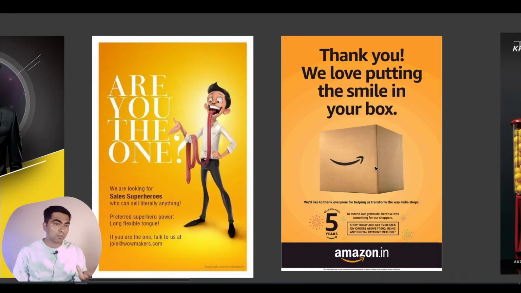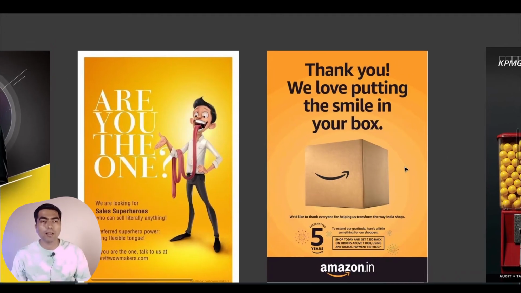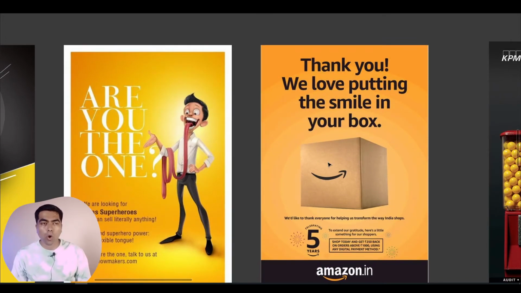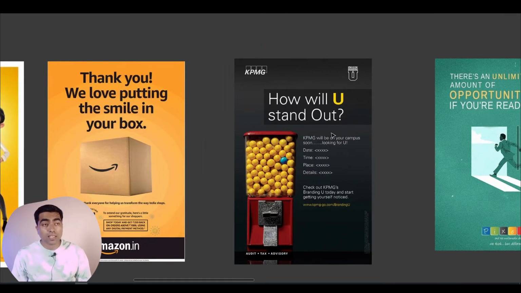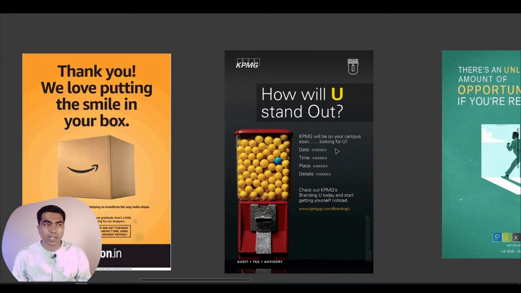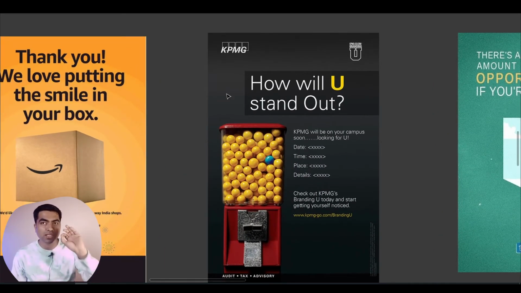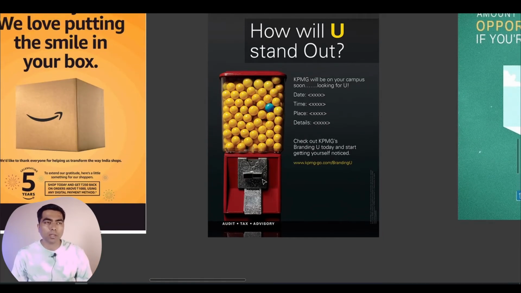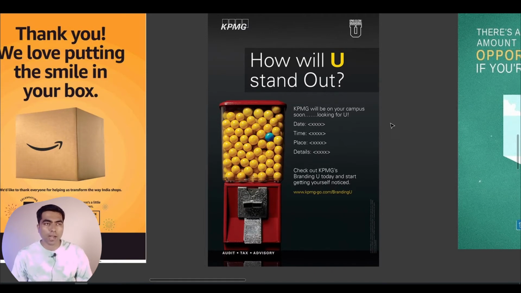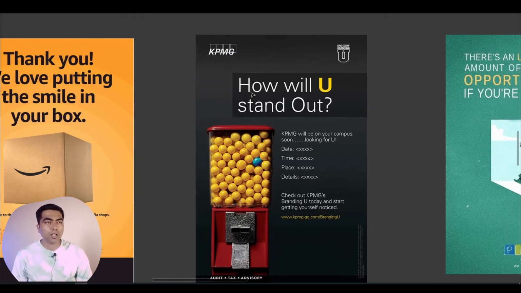The next example is also similar to this, but here they have used a simple radial gradient without any shadows to draw all the attention towards the box. And this one is an example of a linear gradient, where instead of using just the gray color, they have used a transition from a lighter gray to almost pitch dark at the bottom, so that all the attention is on the top two-thirds of this poster. Also, in order to create more contrast, they have given a container which is a slightly darker version, and this container separates the text from the bottom.